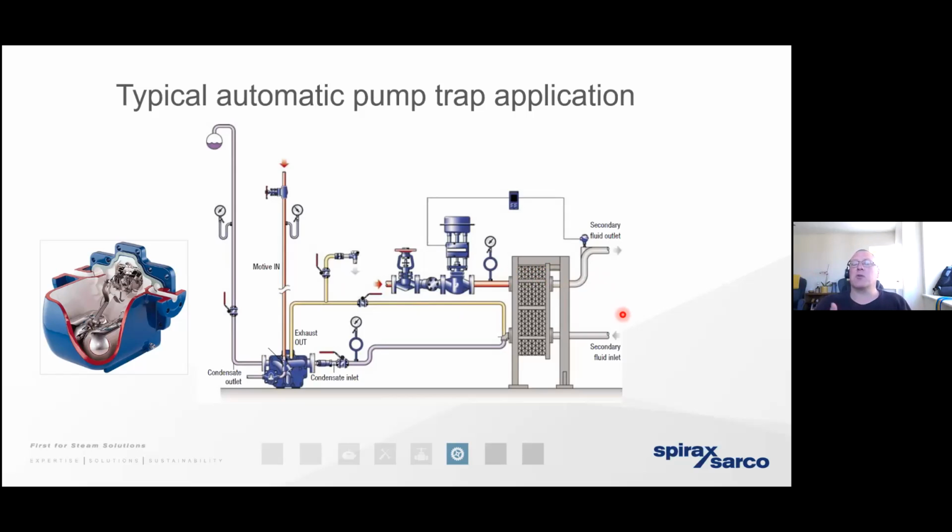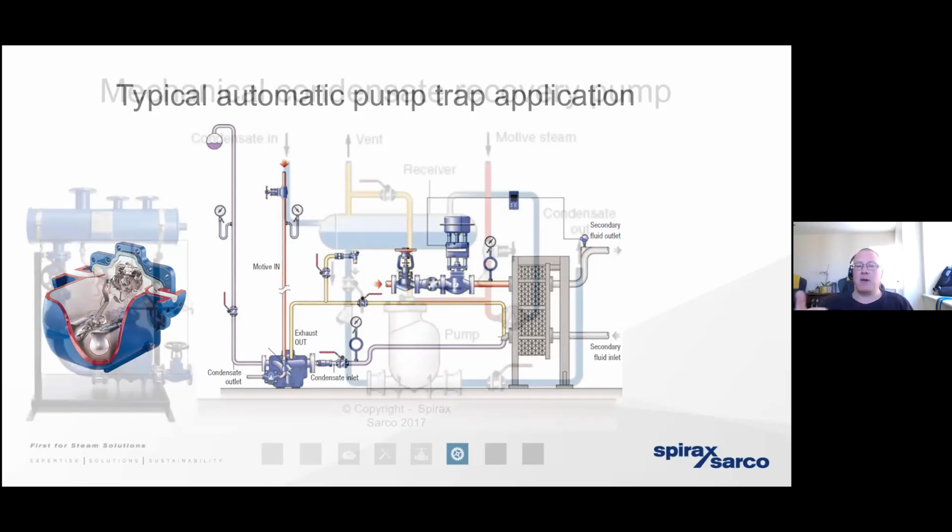It's what we refer to as an automatic pump trap. And that's because it can take a mass of high pressure steam and add that motive energy to the condensate to drive it away. Of course, we know that there are certain occasions where the condensate's never going to have enough motive energy, and